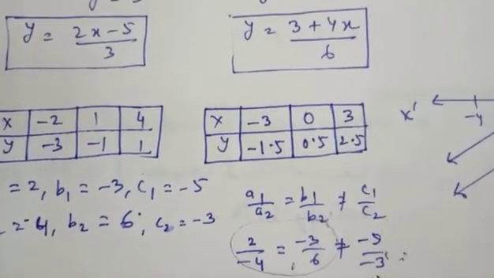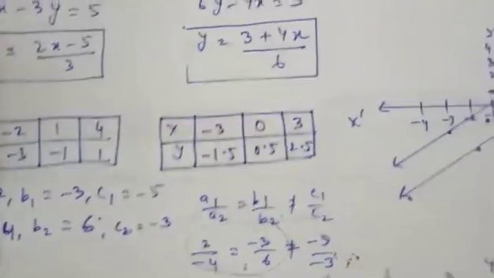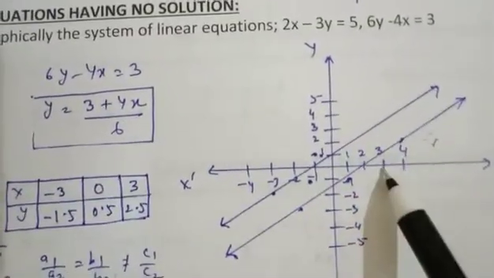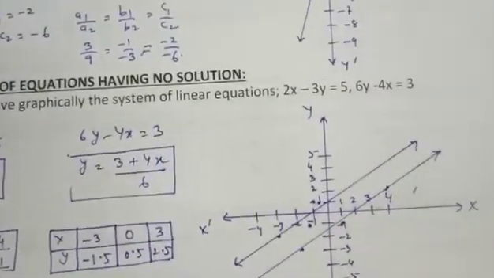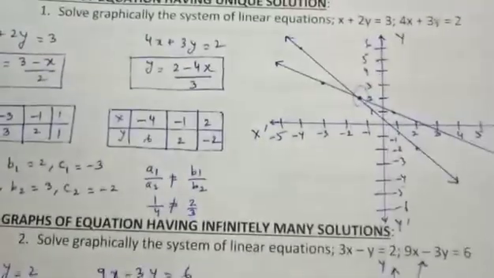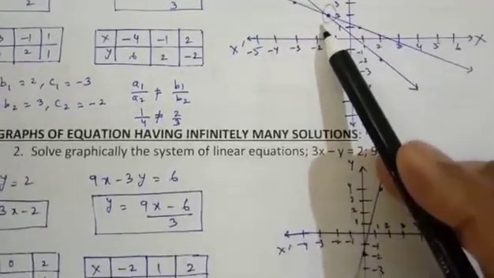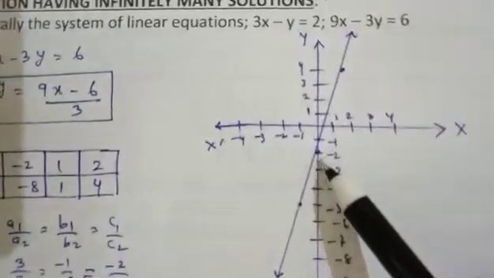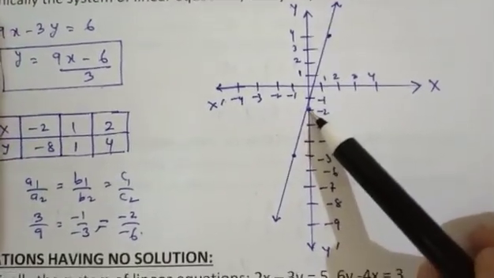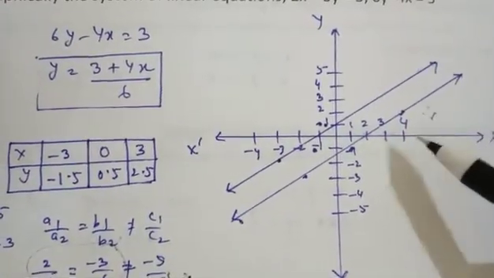So when we have a case of no solution and we draw the graph of those equations, then they will give us two parallel lines. That means no solutions. So this is the way we are going to solve the three cases of the graphical method. If we are getting unique solutions, then they will intersect at a particular point. If they are getting infinite solutions, then both the graphs will be overlapping each other. And if there is no solution, then both the graphs will come parallel to each other.